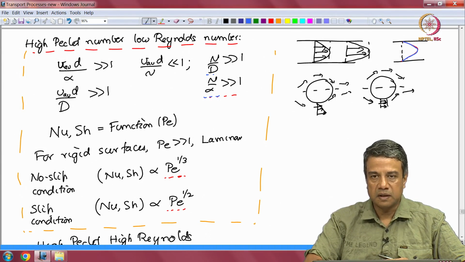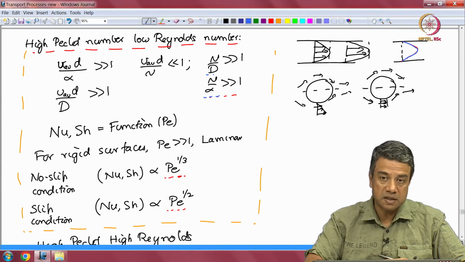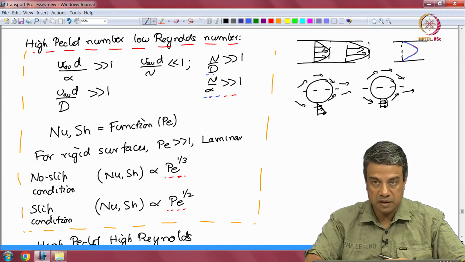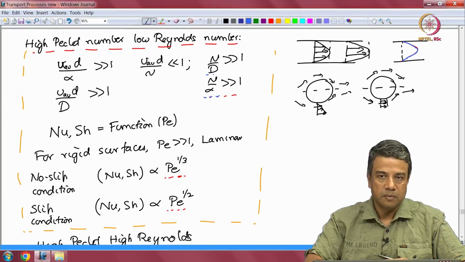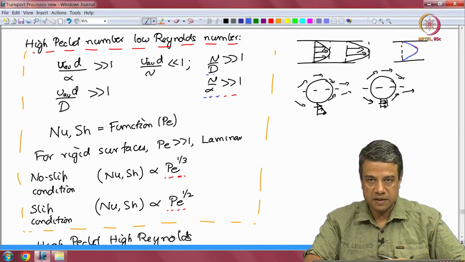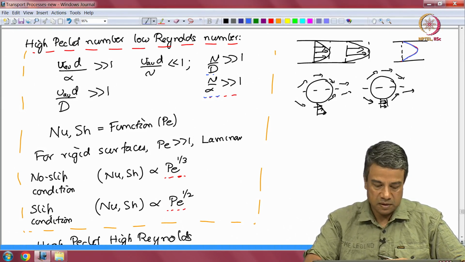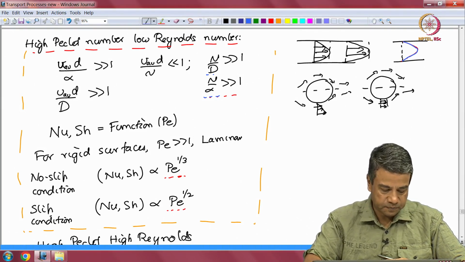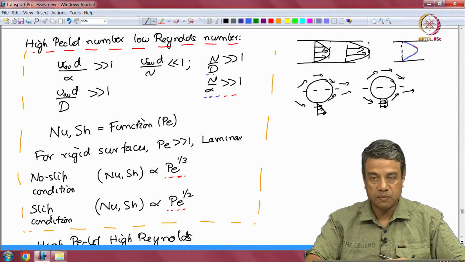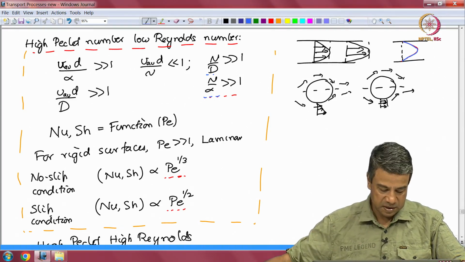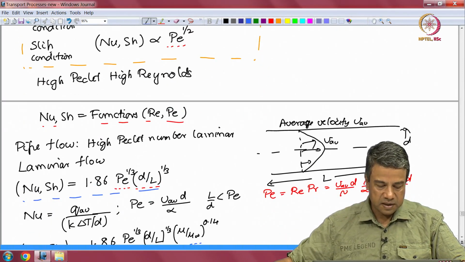However, the mass transport is dominated by convection everywhere except close to the surface, where diffusion has to necessarily take place because transport perpendicular to the surface cannot take place due to convection. There is no velocity perpendicular to the surface. And for rigid surfaces, I told you that the Nusselt and Sherwood numbers have to be proportional to Peclet number to the 1/3 power, okay, in this case. And high Reynolds and high Peclet number,